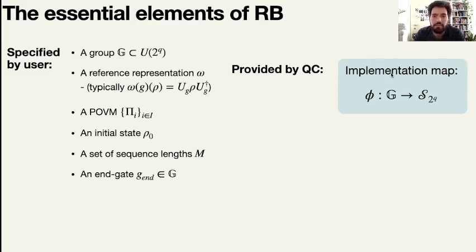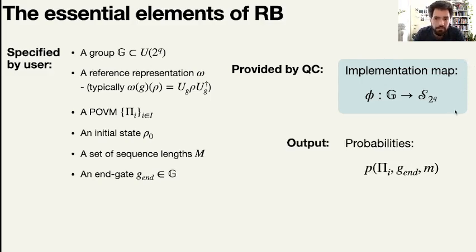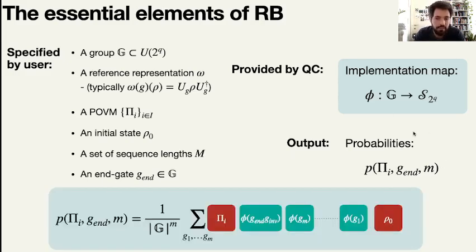And then given all of these things, what comes out of your experiment is a list of probabilities that depend on your POVM and also your initial state and your end gate and your sequence length. And often I'm going to shorten this to just P of M, because the M is the relevant part. And the way you implement randomized benchmarking is, as I said before,